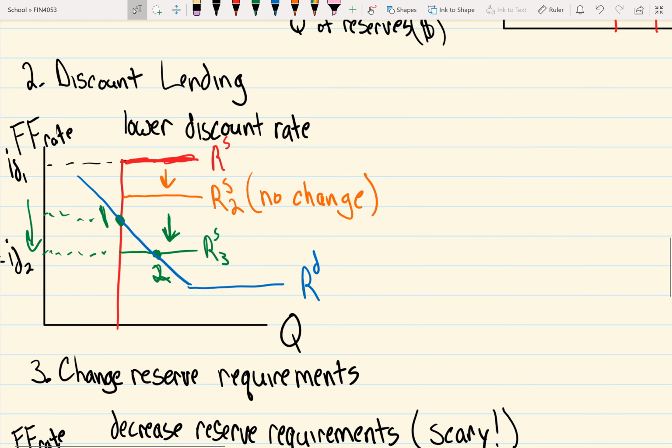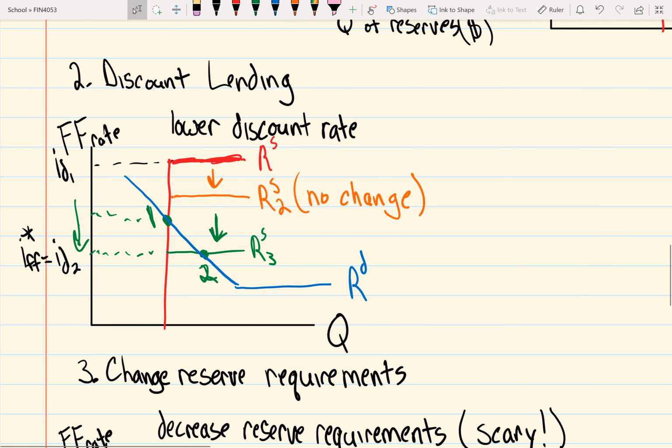So essentially, by doing this, they want to lower the discount rate. As I just mentioned, the discount rate here is what is limiting on the top side. So what they can do is lower that. And if you look at the orange, if they limit it just that much, it's not doing anything because that orange line does not intersect with the blue demand line. So they have to lower that discount rate enough to where it touches this blue line here, or the green